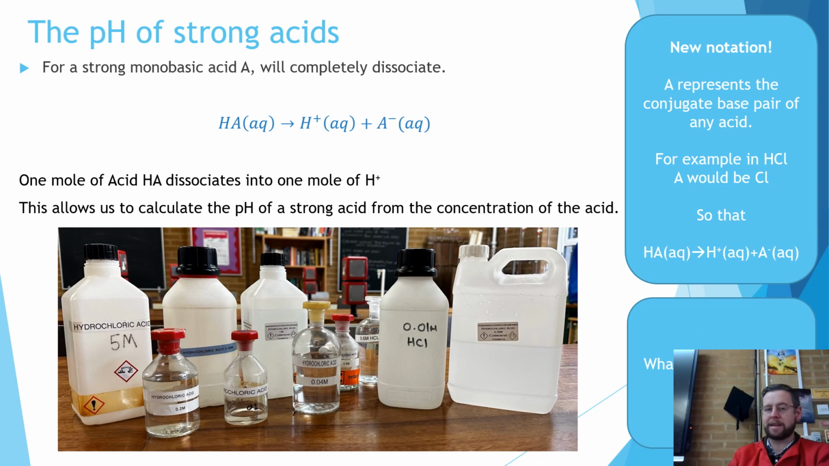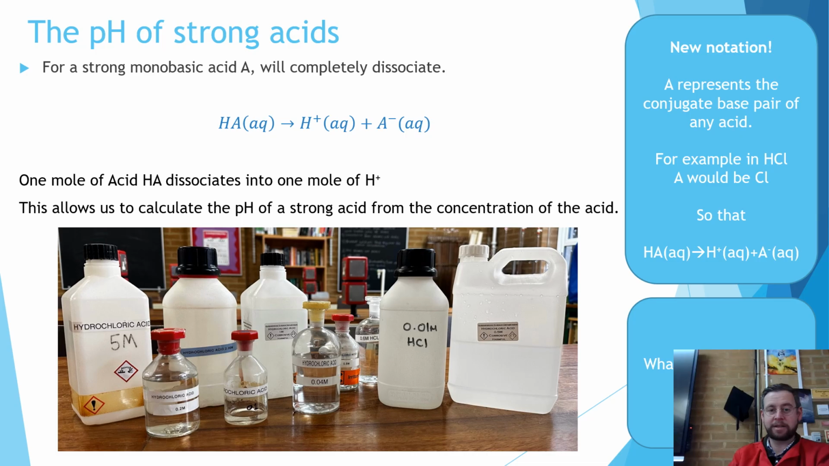Let us have a look at the pH of strong acids. And by strong acids, I mean monobasic acids that completely dissociate all of their hydrogens into solution. These are straightforward. And what we're going to use is a new notation here. We start to represent the acid, or basically the conjugate base pair of any acid, as the letter capital A. So that in the form of hydrochloric acid, A would represent the chlorine that is bonded to the hydrogen in the hydrochloric acid. And what we see is that this dissociates, and it separates whatever A is from